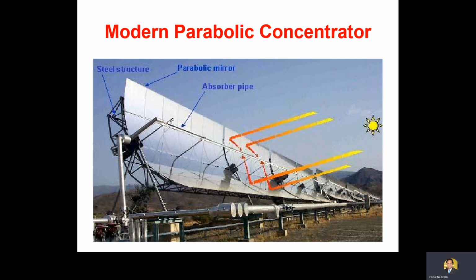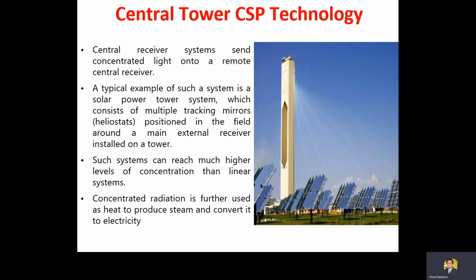So the engineers and scientists found other ways to produce economical electricity. Therefore, they have sorted out other ways as well, and now we will discuss the other one, which is the central tower concentrated solar power technology. Now, the central receiver, which you can see here in this slide, this is the central receiver system. This is the central receiver, and here in this slide is the expanded one.